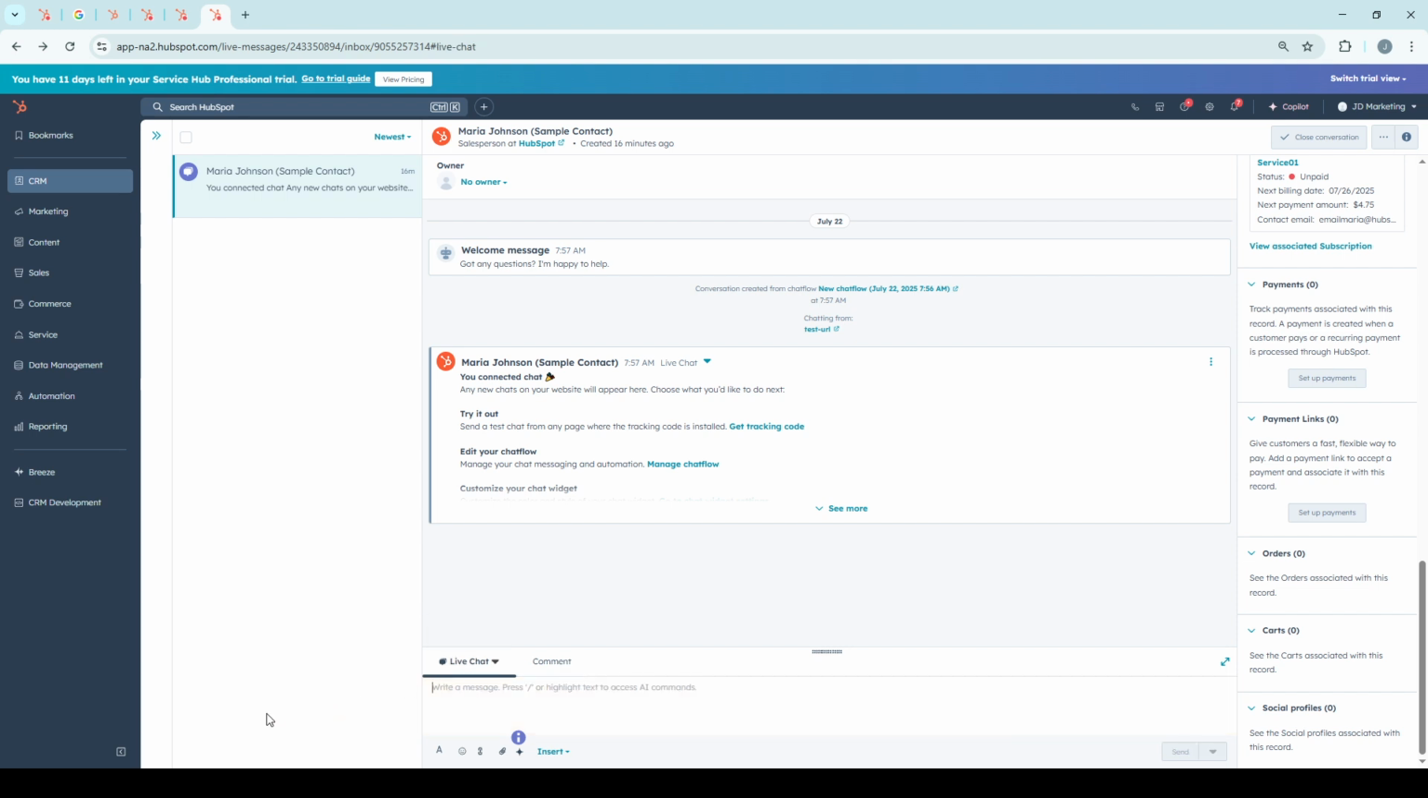With just a bit of time and practice, you'll find navigating HubSpot's inbox to be an invaluable part of your daily routine, enabling you to manage and maintain clear, efficient communication with ease. Thanks for joining me today, and I hope you feel more confident in using your HubSpot